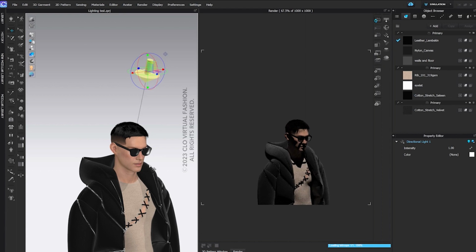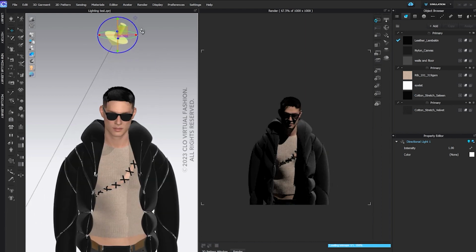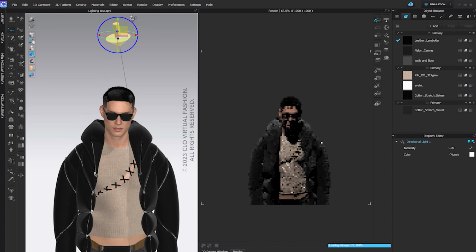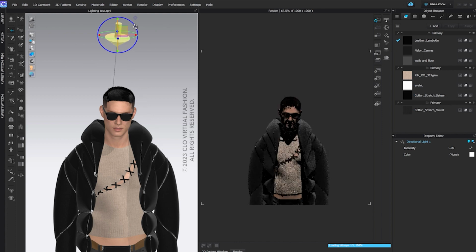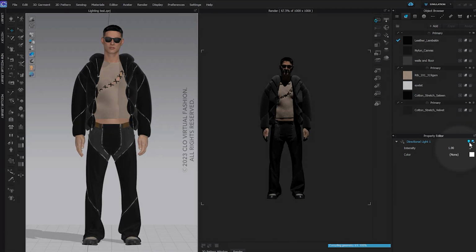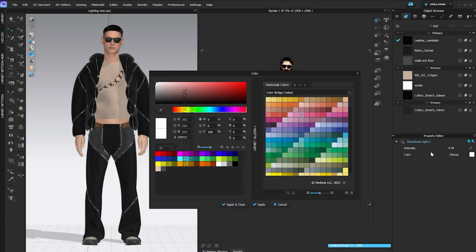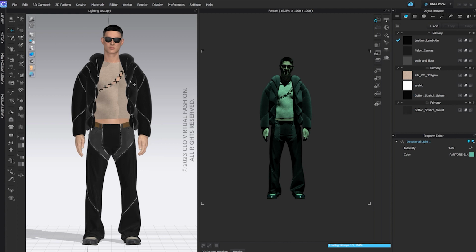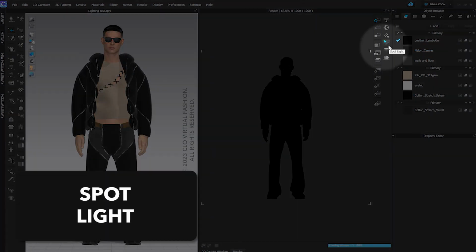If you pay attention to the shadow casted by his head, I'm going to slightly rotate this light and you'll see that the shadow will move but will still be extremely sharp. You can also deactivate them, show them in 3D, change its intensity, and of course, also change its color. I'm going to click on it again, hit the backspace to delete it, and let's now add a spotlight